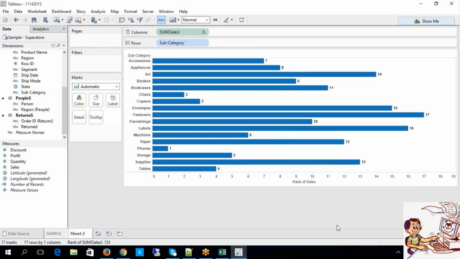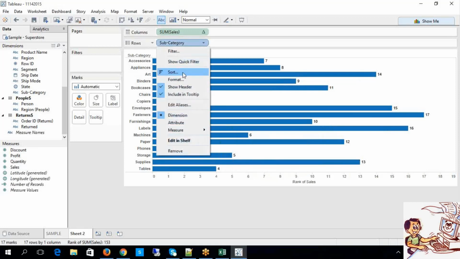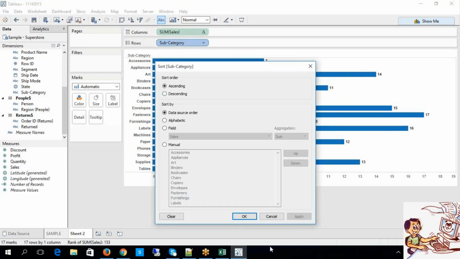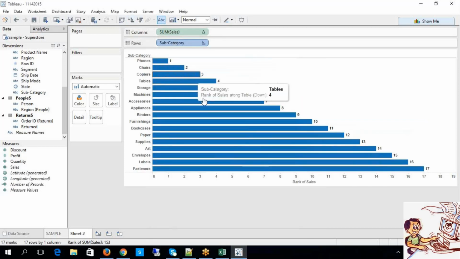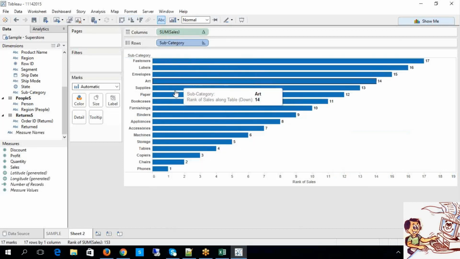Based upon the nature of the data and the nature of the elements, the ranking has been classified here. Do you want to apply any sorting? Sort either ascending or descending, whatever it is. See first rank, second rank, bottom. We can have this kind of representation.